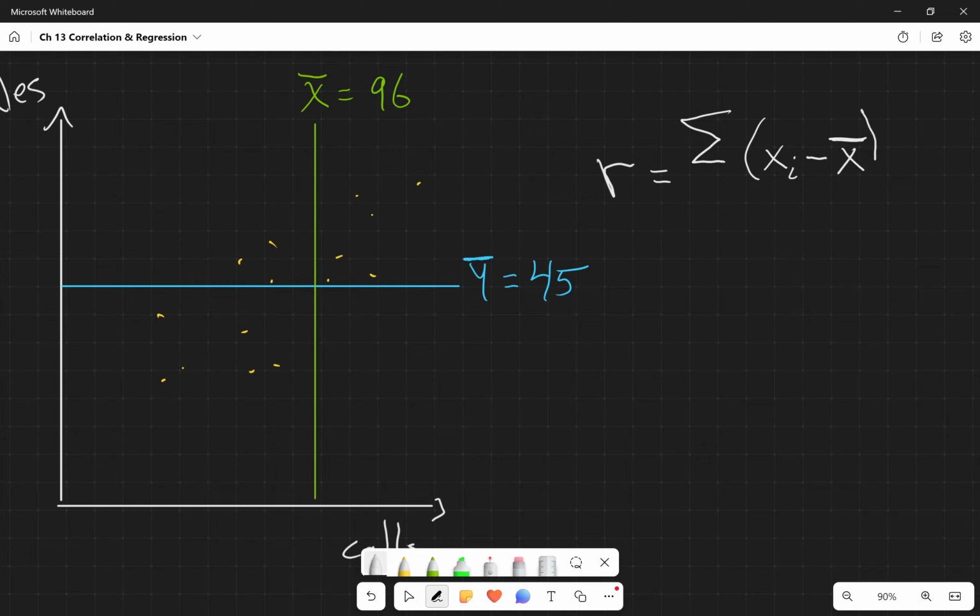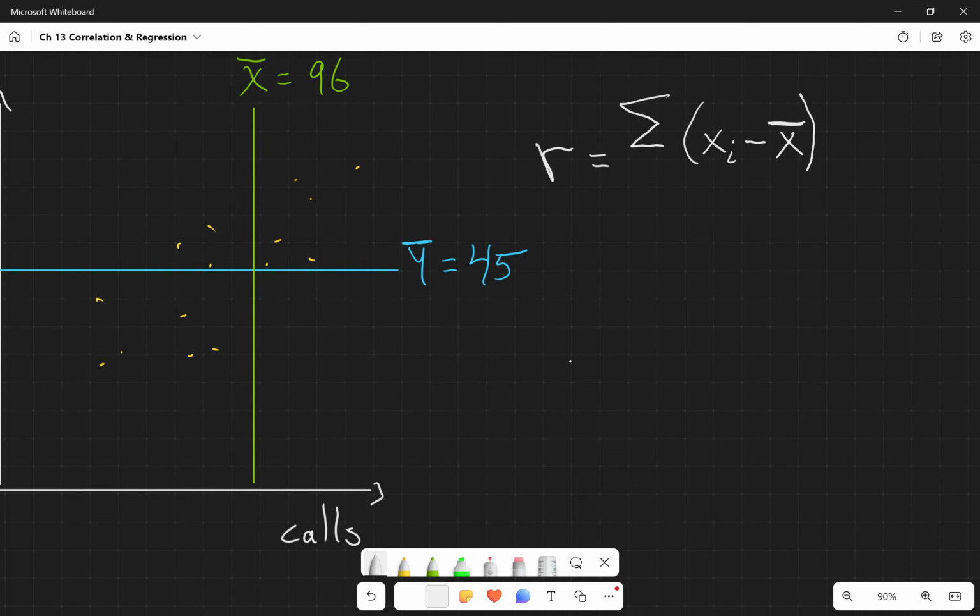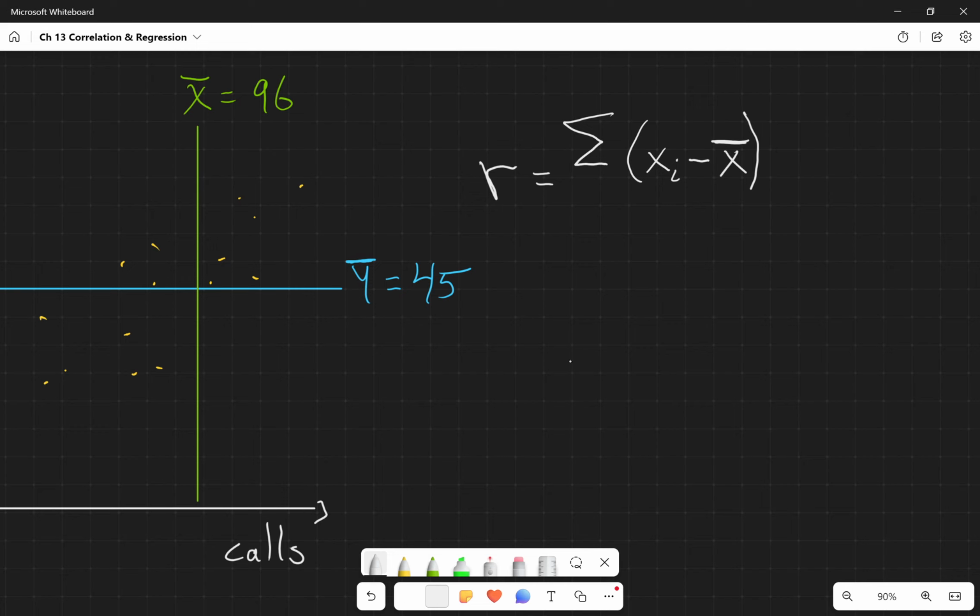And we're trying to look at, okay, if this value is above 96 here, is it also going to be above 45, right? And so we want to know, are both of these things deviating from their individual means in the same way, right? So for this particular point right here, this part of it would be positive because